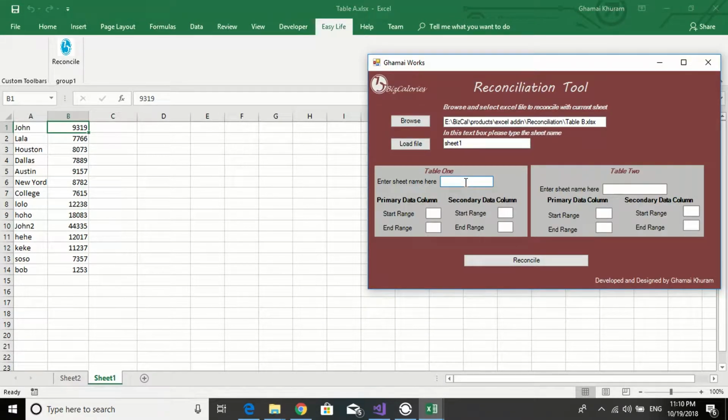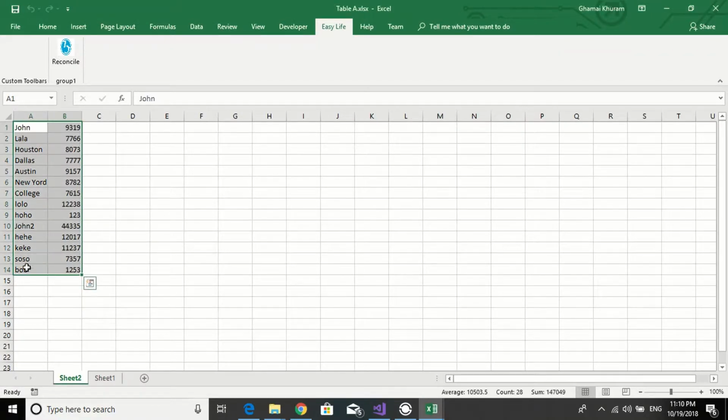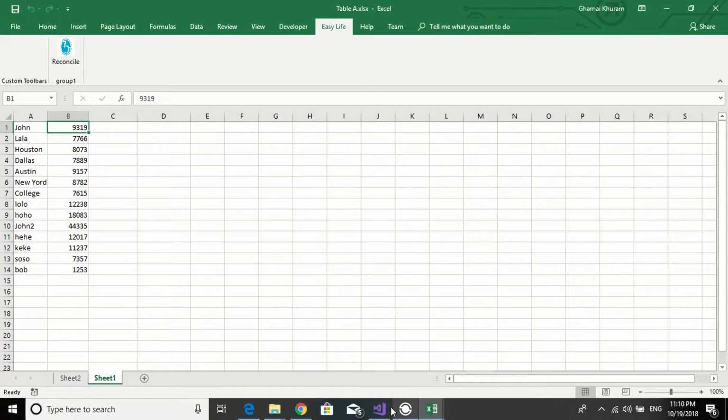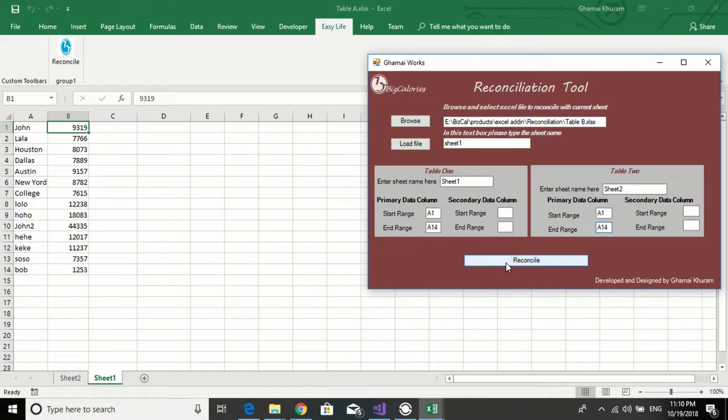Let's add this more information. So table 1 is on sheet 1. This is our table 1. It's on sheet 1, and the data range, so this reconciliation is based on the name. So let's give it the range where the names are located. It starts from A1 and ends at A14. So let's see where our table 2 is. Table 2 is on sheet 2, and that also starts from A1 to A14. Let's make sure this information is correct. Yes, A1 to A14. Okay, and the last step is just to click this reconcile button and it will pick up